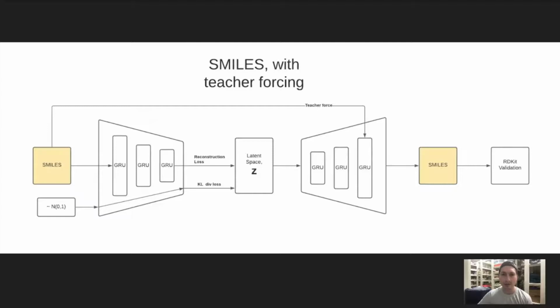The strategy with teacher forcing is to give the decoder access to the full true sequence so that the decoder, when training, can make predictions and then propagate the true value forward to the next layers, so those layers are able to also train and not be as dependent on getting a correct input from the previous layer. This strategy and technique was able to significantly improve the percentage of valid molecules that our model was able to